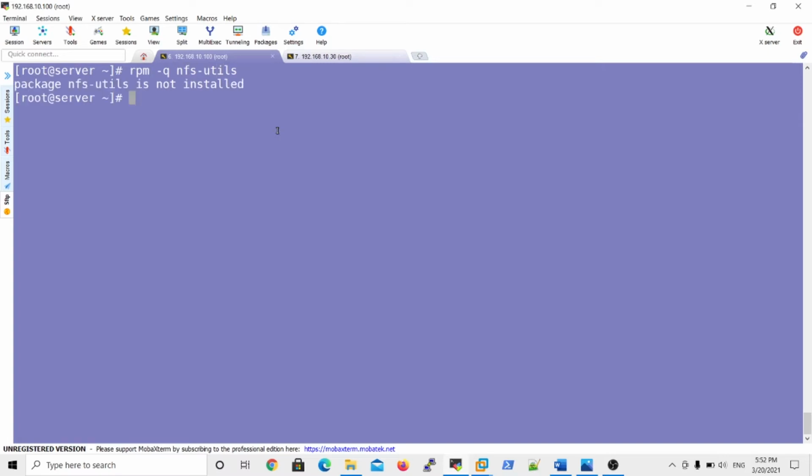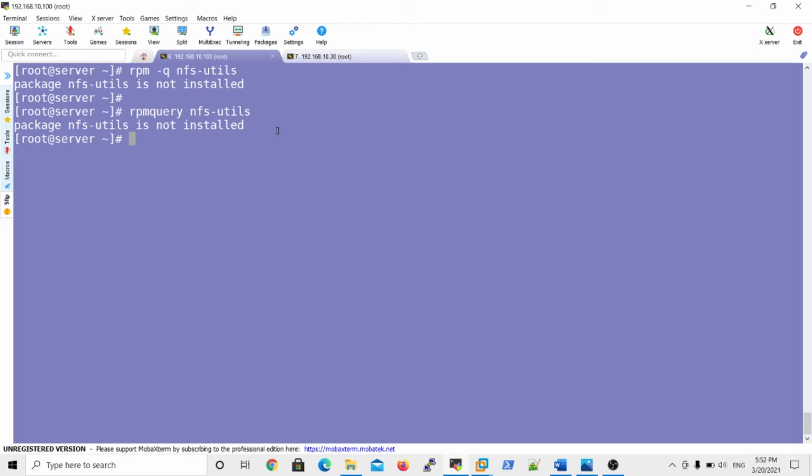If I run this command, the message says package nfs-utils is not installed. So it is confirmed that the package is not installed.